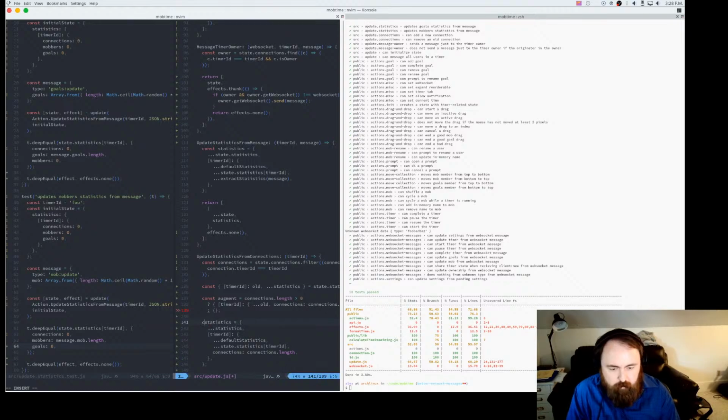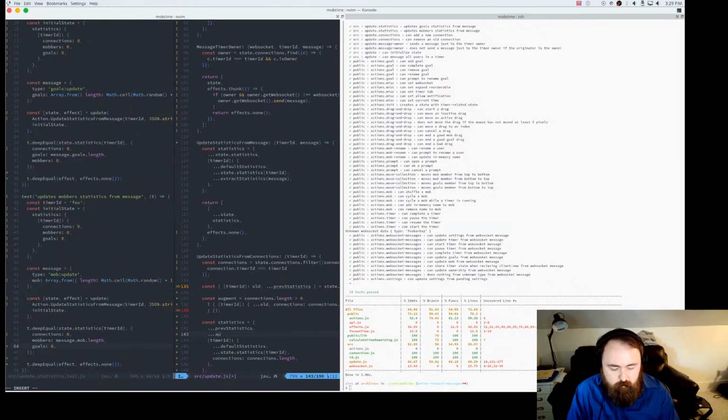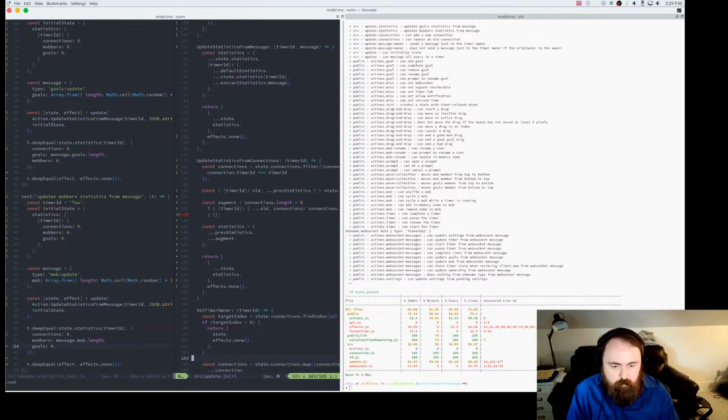And then this just becomes const statistics, which is going to be all the graph statistics, and then whatever's in augment, which could be just an empty object.